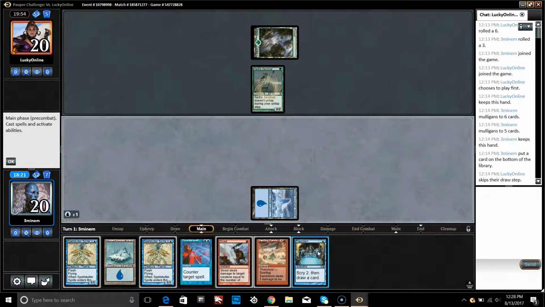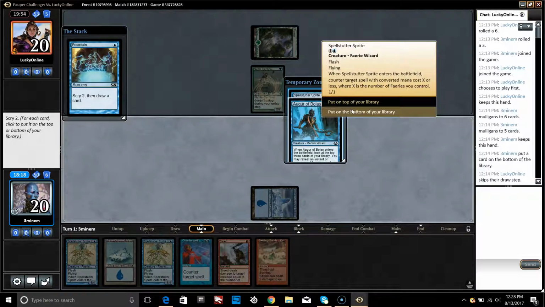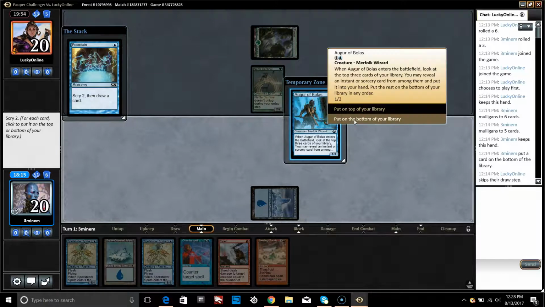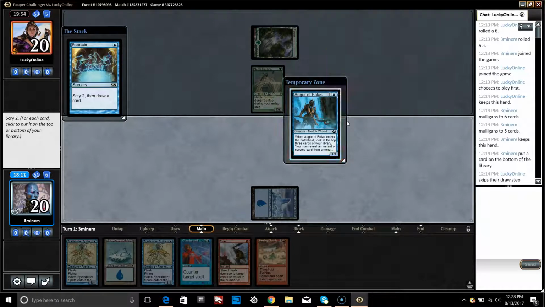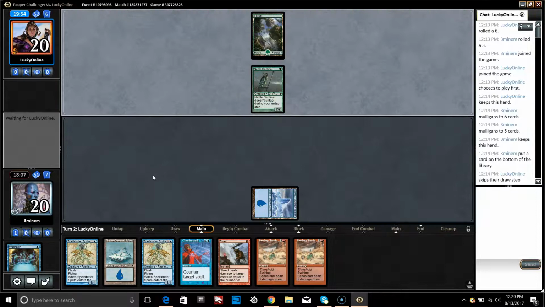I think that was a really good top deck. And then so we don't want more Spell Stutters. I don't think we want this Augur either. I think we really want a red source. Yeah, exactly. And I would hate to Augur and send my red sources to the bottom. That was an unfortunate draw, but